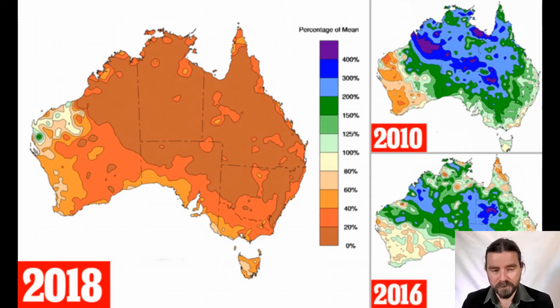Here we go. Some maps here. So this is interesting. We can do quite a few things here because we're looking at 3 different maps. So we can look at the change over time, and we can see how much drought there is. So you're going to learn about what this map's about from looking at the legend. So look at the colors there, right? So when it's up towards the purple,